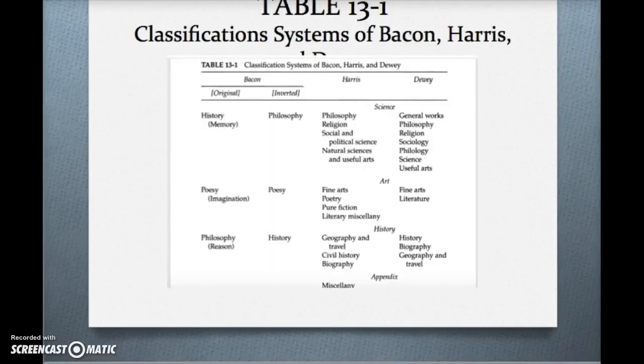System was Dewey's newly created DDC, however, when compared side by side with the work of the other two scholars, presents his more modern approach on organizing information. At Table 13-1, in Chapter 13 of our textbook, we can see Bacon's original divisions of knowledge into three categories: history, or memory, poesy, representing human imagination, and philosophy, or rather reason. As the chart shows, these were later inverted and expanded upon by first Harris and then Dewey, who again revised